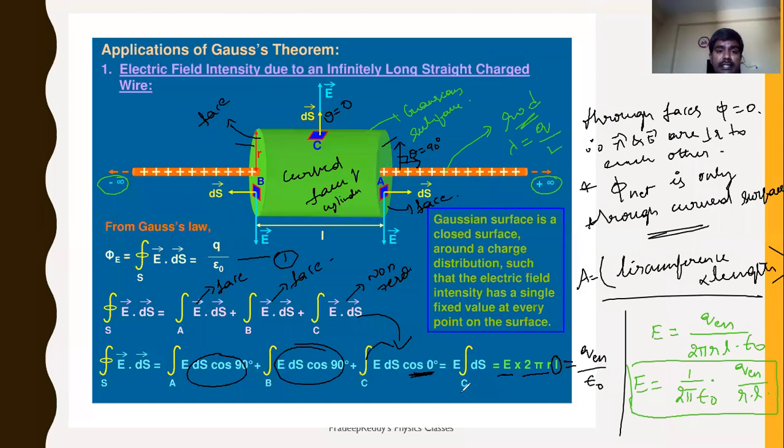But if it is integration and differentiation, you need to take a very small element of this rod, find the electric field because of that very small element, and then integrate that overall. Finally, you will get the electric field. But here it is very simple. Within 2 steps, you can calculate the electric field using Gauss law.